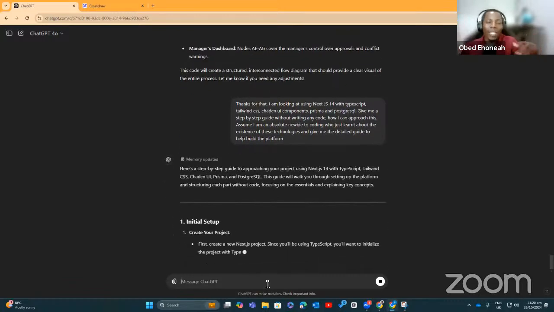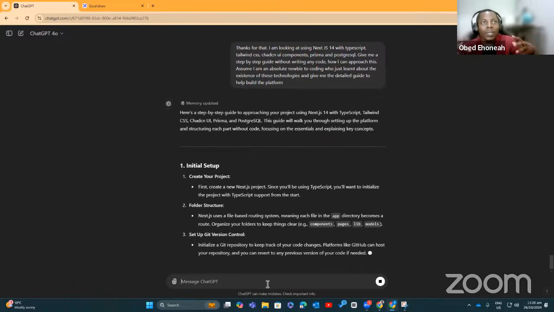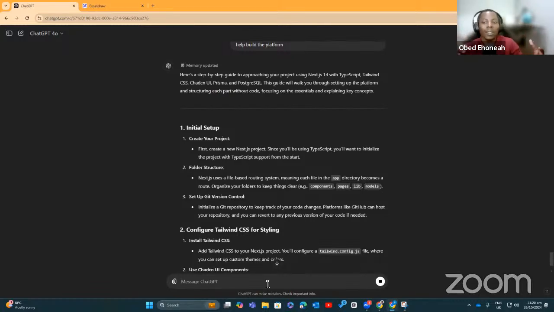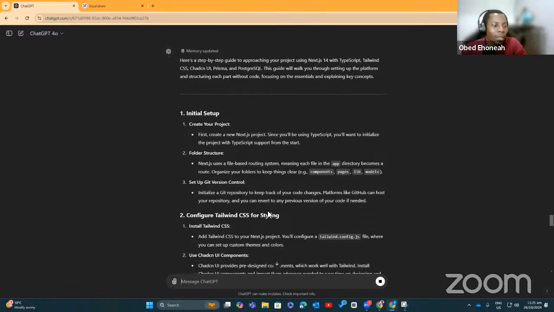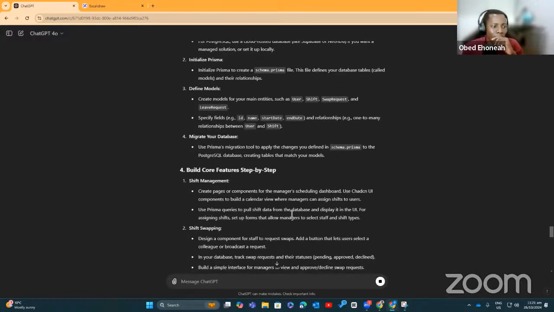Usually I don't like ChatGPT spitting out the code when it is thinking in these ones because it would end up making mistakes. So if you want to use it to even write the code, make sure that you've already listed exactly what it's going to do, like you know everything step by step, because sometimes it forgets some of the things. So I prefer to list everything out, then we can take them one after the other. Say, okay, the first one, how do I do it? The second one, how do I do it? The third one, how do I do it? That's what is important.